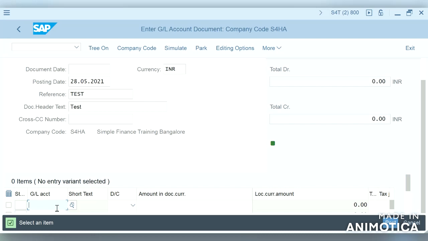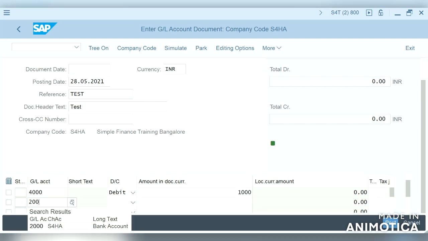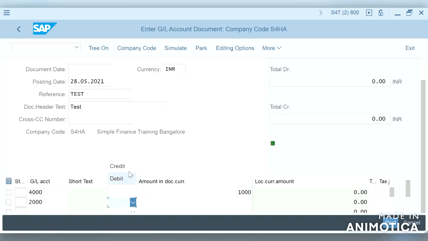So rent is 4,000 and the amount in document currency is 1,000 and it's a debit, and we credit the bank account with 1,000.